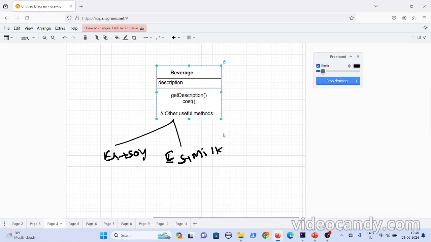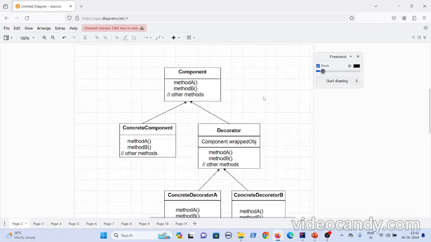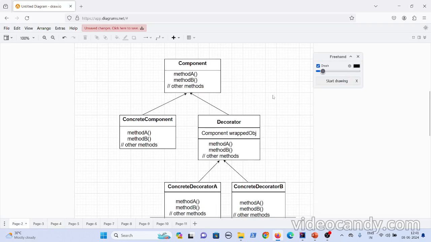So what the decorator pattern suggests is, you treat a normal beverage and the extra topping, or decorator item, uniformly. Both are actually components. Both the beverage, or the object, and the decorator, you treat as equal. Okay, now let's see here. This is the class diagram of the decorator pattern. Okay, so what you have done here is, you create a superclass called component.